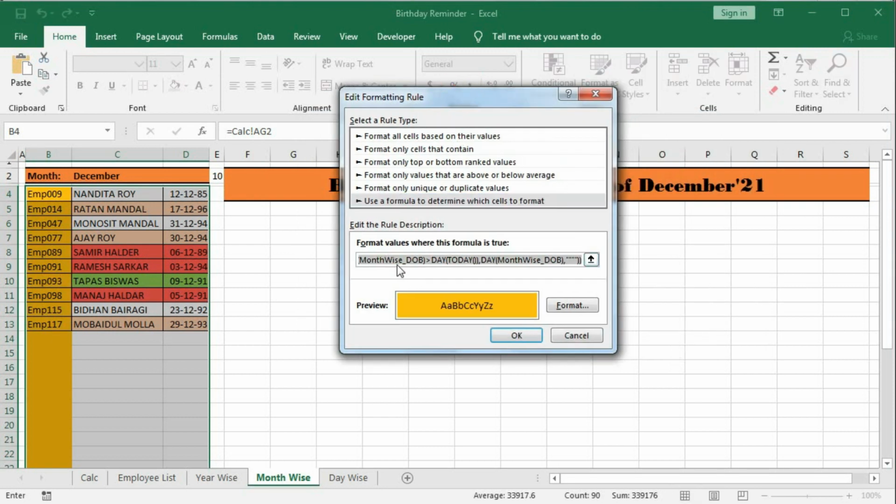Okay, we have to put another condition here. For that we have to use AND, bracket open, month bracket open.